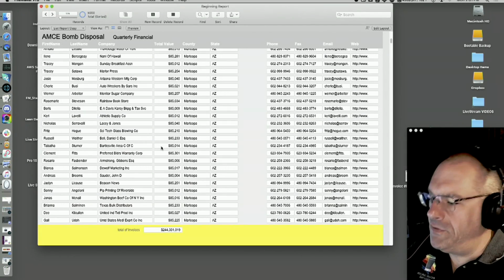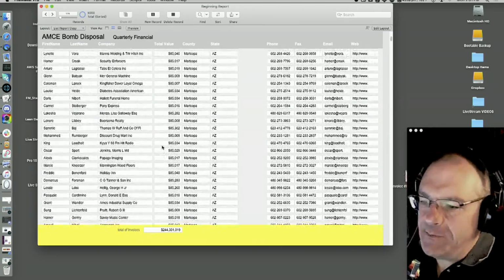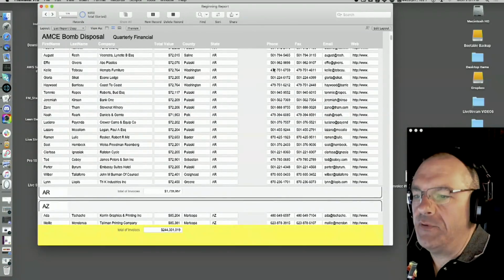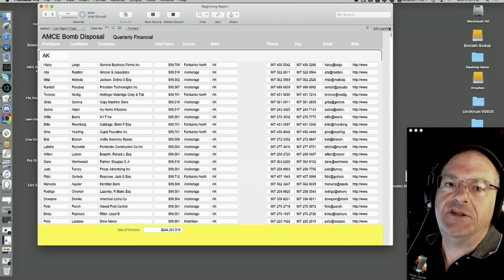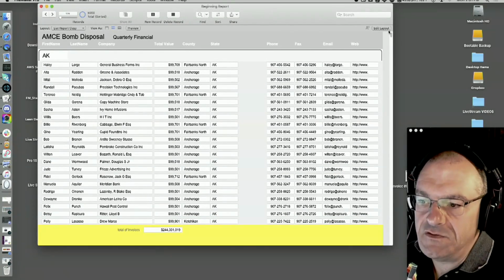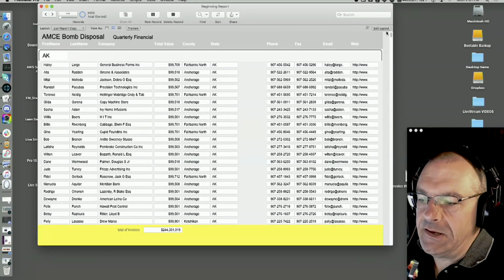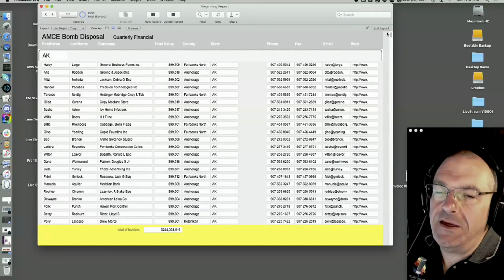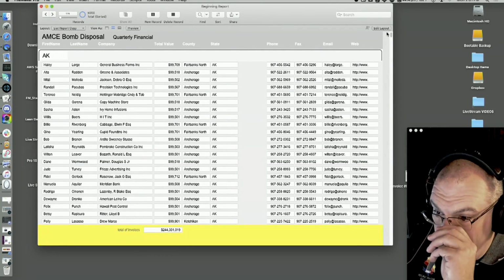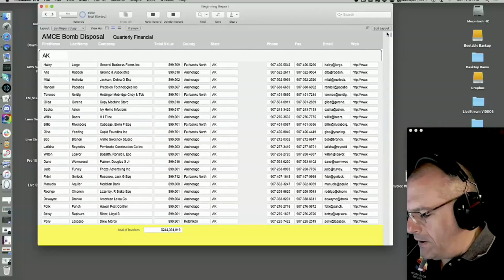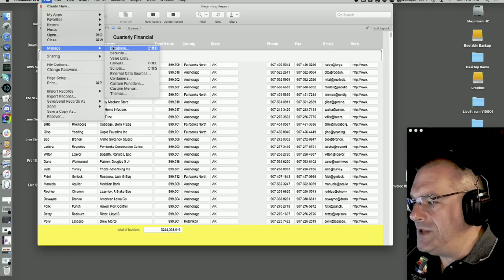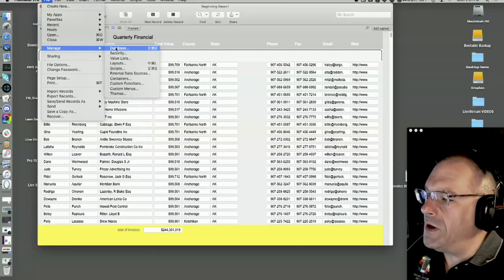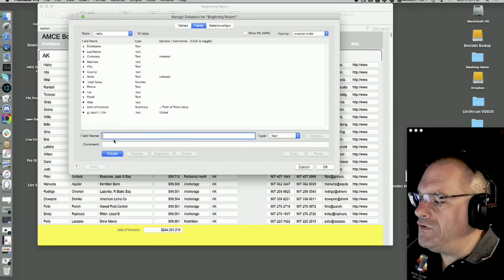Let me just show you one thing. Whenever I define a database, I do this for a couple of reasons. One, I'm a very simple person, and I don't like things like Cartesian joins. If you understand what I mean by that, you'll understand. If you don't know, forget I mentioned the word Cartesian join. If I go to field definition, so I go File, Manage, Database. Going forward, I'm going to use my keyboard shortcut, Command-Shift-D. I'm going to create a field in here.